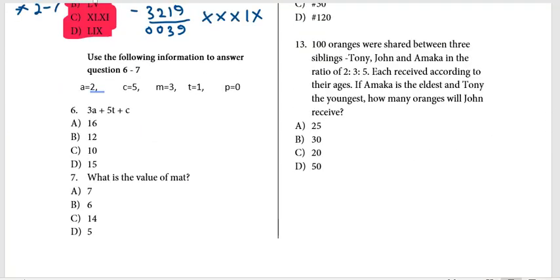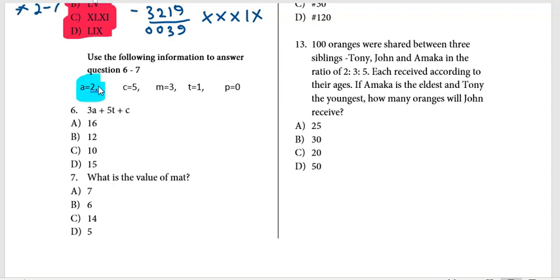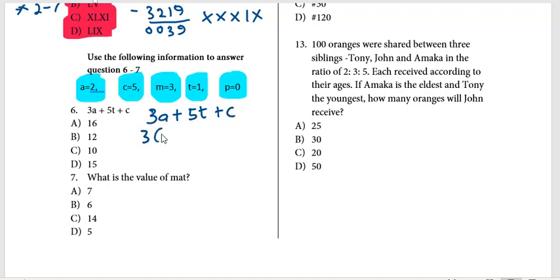Question number 6 and 7. Okay, they are twin questions, so they go together. Use the following information to answer questions 6 to 7. Okay, we have some values here. Take note of some values. A is 2, C is 5, M is 3, T is 1, and P is 0. Take note of this information, they will help us. Okay, so let's continue. The first one says solve for 3A plus 5T plus C. You should simplify that. So 3 brackets. What is A? A is 2